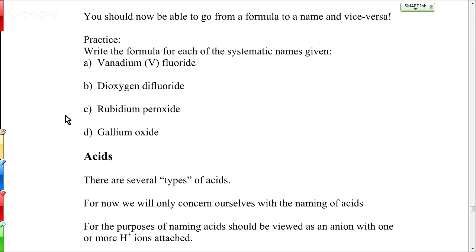That means for vanadium 5 fluoride, what I like to do if I'm not sure about these, or one thing you could do starting with this, is you write out the ion with its charge, so V5 plus, and then you write out as many of the other ones as you need to balance it out. So what's the charge on fluoride? -1. So we need 5 of those to balance out the 5 plus, right? And that means the formula of vanadium 5 fluoride should be VF5.